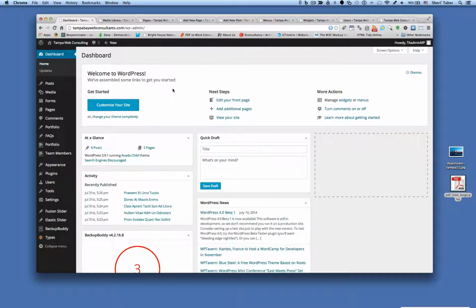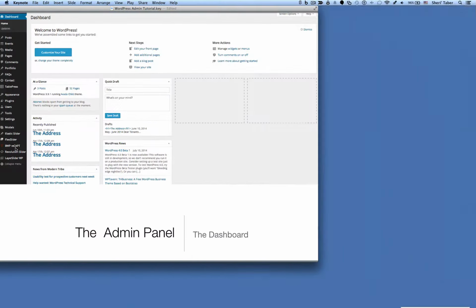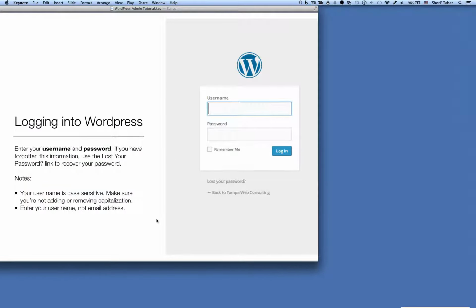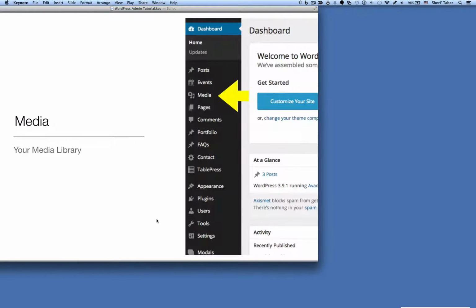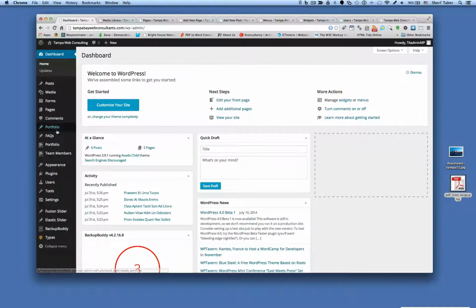All right, so here we are in the dashboard, and this is what you're going to see, and this is the basic dashboard of every WordPress site. So next, what we want to do is talk about media. Your WordPress has a media area. And when you hover over media, you'll see that a pop-out menu comes up and it says library and add new. The library, if I were to click that, will take you right to the library where all media for